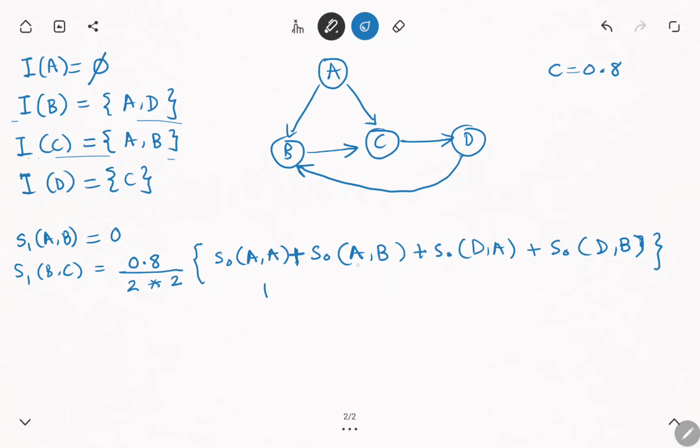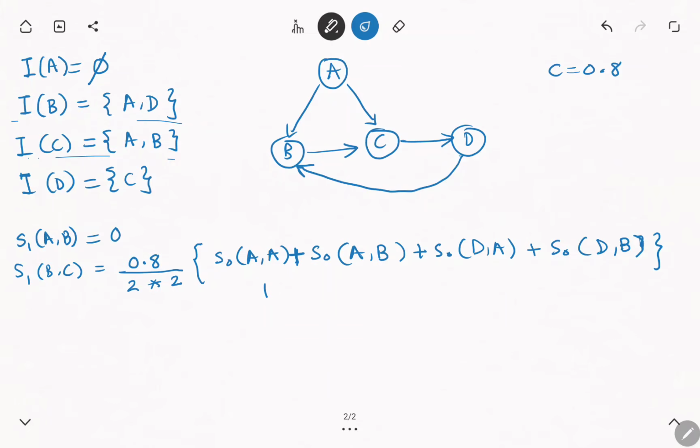Okay, because this is 0 because A basically has no in neighbor, so it will be 0. Okay, now for DB also, in case of DB, if you calculate the similarity S0 of DB,